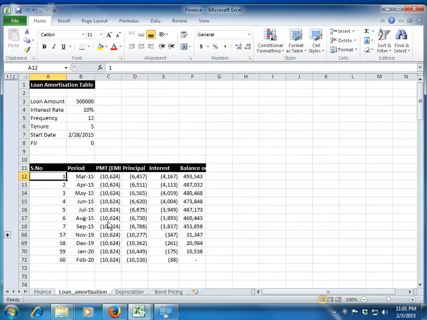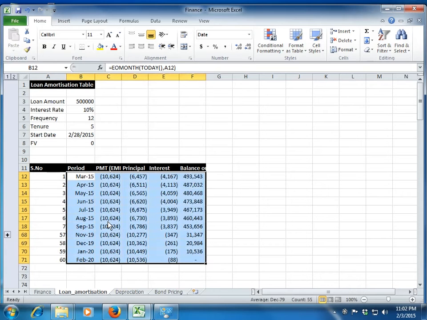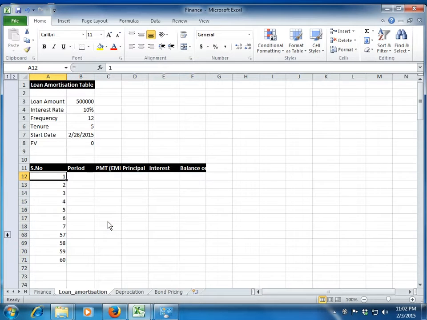Let me explain how we calculate an amortization table. An amortization table calculates month-wise: it tells you the period, the total amount paid, and in the total amount, what the principal component is, what the interest component is, and finally what the balance outstanding amount is at the end of the given period. First I create a series, a serial number. Let me delete this and create it again. So first I create a series. Creating a series is easy.